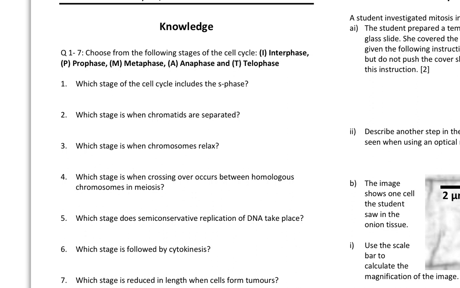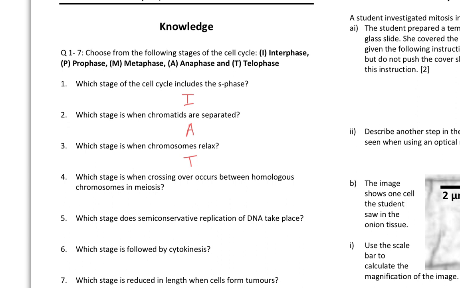The S phase, well, that's part of interphase. Interphase is G1, S and G2. When chromatids separate, that's during anaphase. The centromeres are pulled apart and therefore the chromatids separate. Chromosomes relax. I prefer the word decondense than relax, because relax is more of a muscle term, but that's